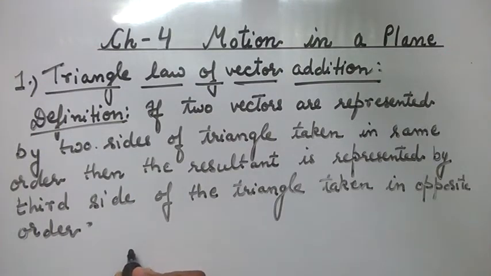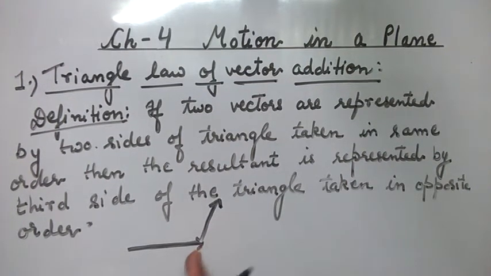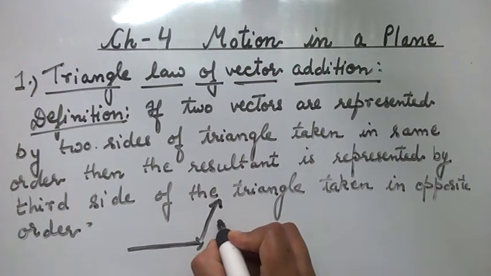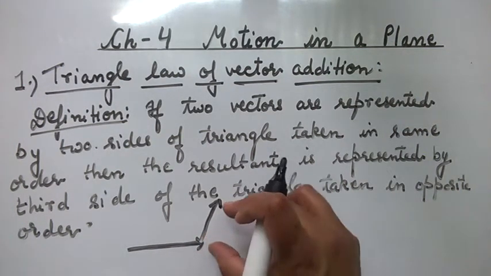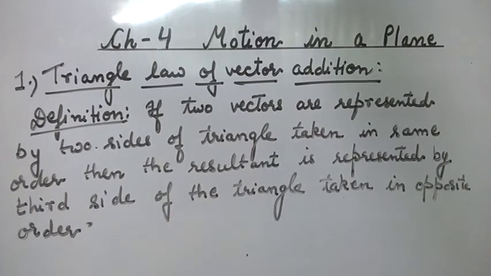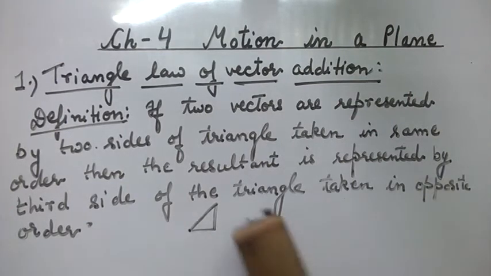That is, if a vector has a longer side, then we will represent it in this way, and if another vector is inclined with respect to a vector by some angle, then we will represent it in this way, as well as if its magnitude is small, then we will show a smaller length. So we will keep in mind its magnitude as well as its direction. We will not always make a right angle or an isosceles triangle, a particular kind of triangle we will not form. So let's see.